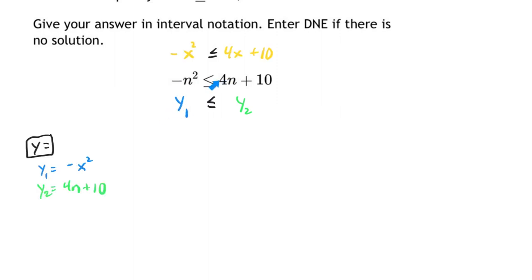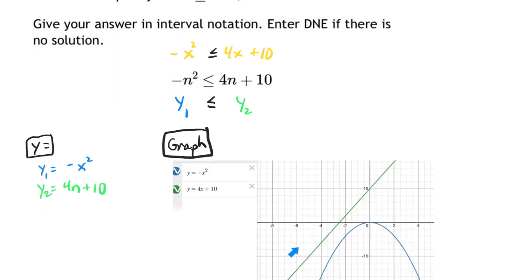So to enter these expressions for y1 and y2, hit the y equals button and let y1 equal negative x squared. Doesn't matter, the variables are dummy variables, it could be any letter, we'll get the same result. So y1 is the left side, y2 is the right side. Now hit graph. When you do, you get this representation, and we want to know for what values of n,